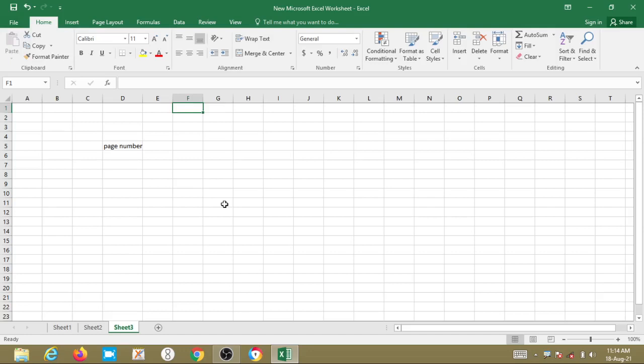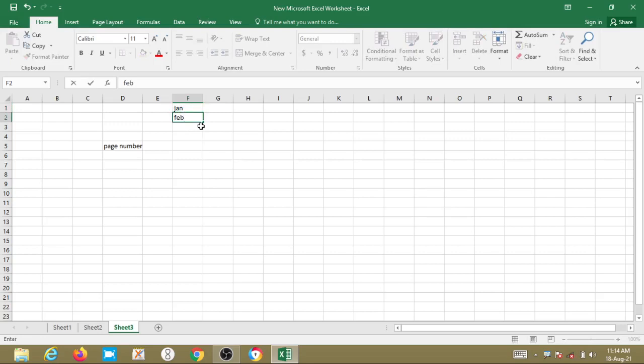So a spreadsheet is one of the most powerful programs to perform simple as well as complicated calculations. How? See here, for example, if I want to write January, February, right?